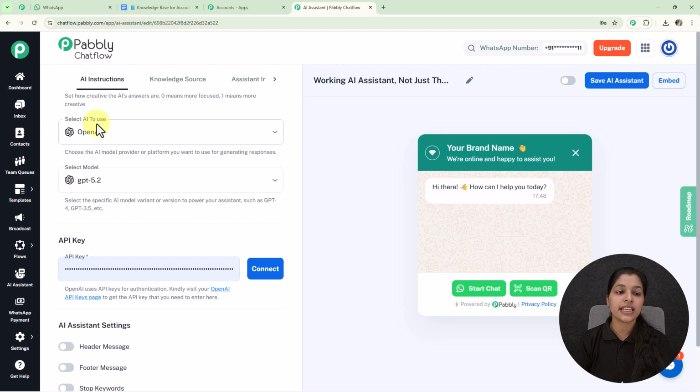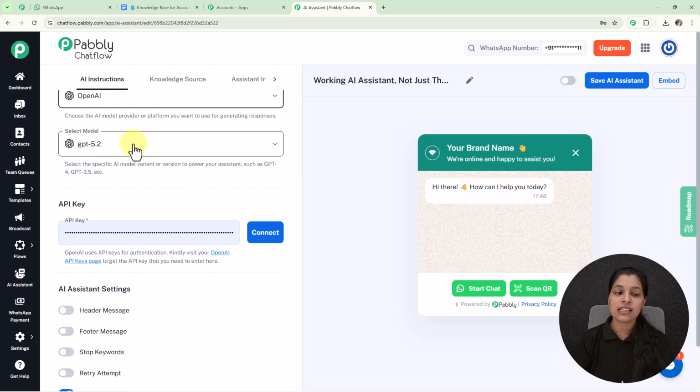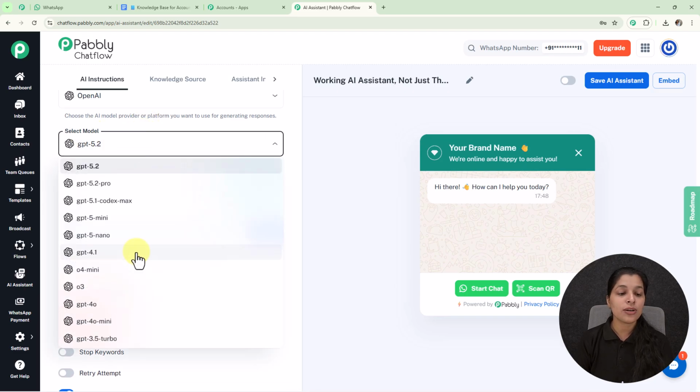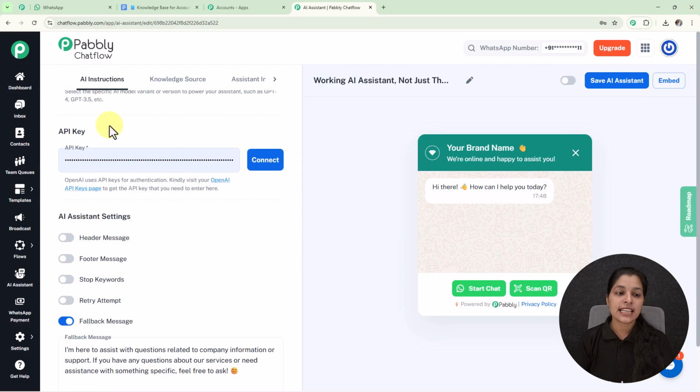And afterwards, we are getting this option for selecting the AI to use. So from this drop down, you can select OpenAI. Now we are getting this next field for selecting the model. So from this drop down, I am going to select my model as GPT-4o mini, but you can select it according to you. Now we are getting this API key section where you have to enter your API key, and